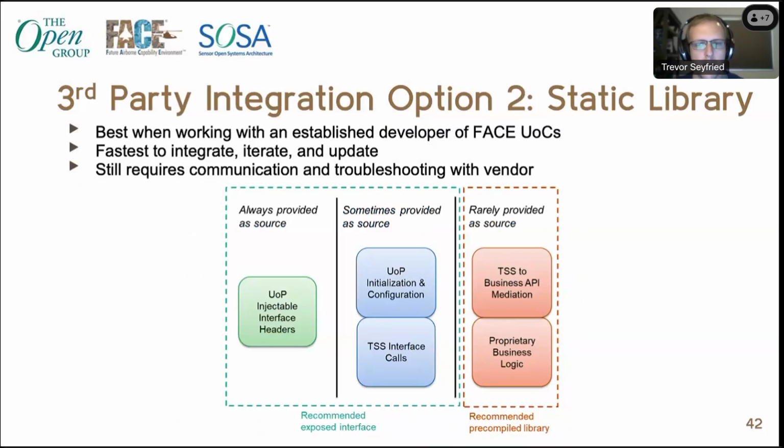But even better than that, if you can swing it, is to have it delivered as a static library, having a very clear division of what you're going to get. So you can see here in the teal box on the left, the recommended exposed interface. So the vendor still gets to keep their business logic, what actually makes their software tick and what makes their money. They can keep that closed off. They just compile it against